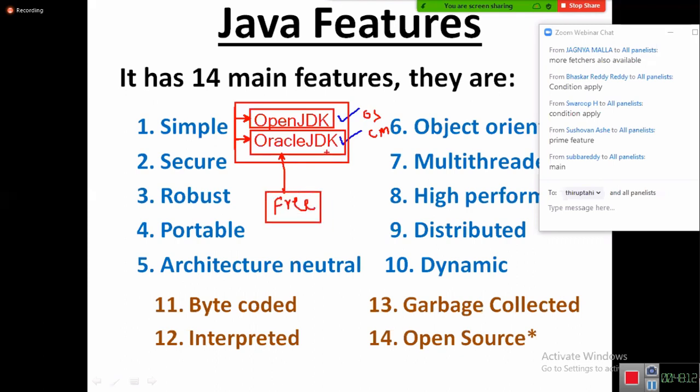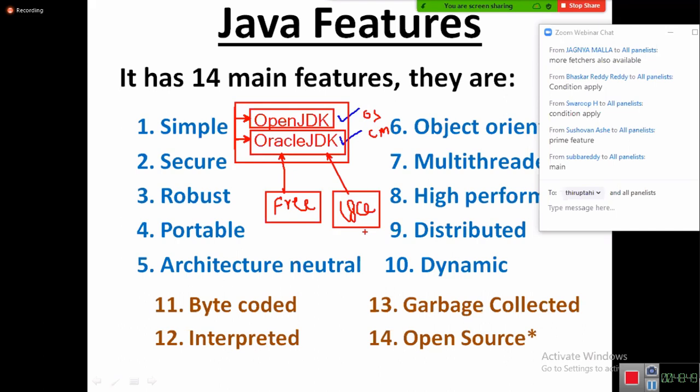So for whom is Oracle JDK commercial? For whom should the license be paid? People who are using the JDK for running their project in the production system for customers. For example, let me take the Amazon project they want to run. Open JDK will not be used because all features are not coming. Oracle JDK will be used by Amazon, and the Amazon company will pay Oracle Corporation some money, whatever the license cost is.